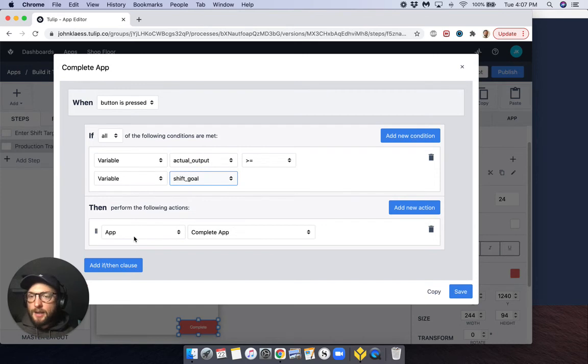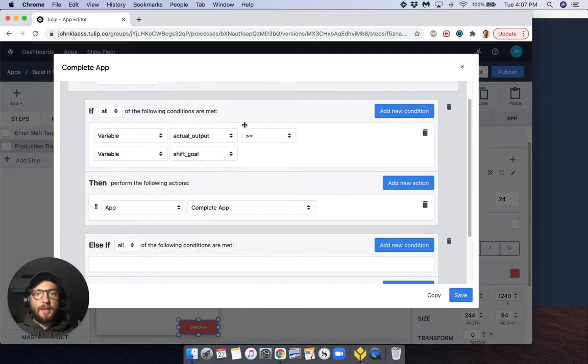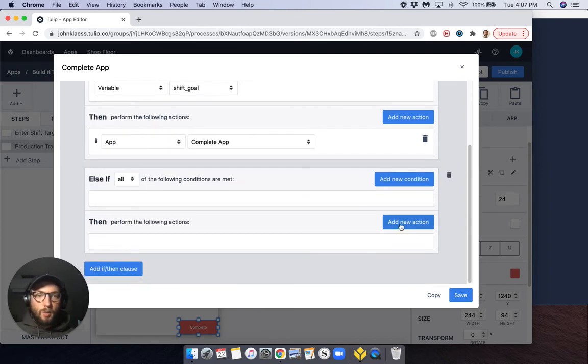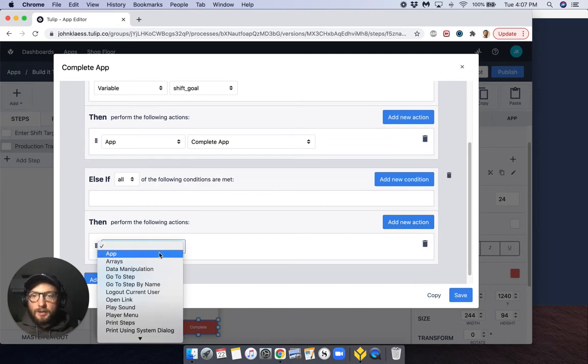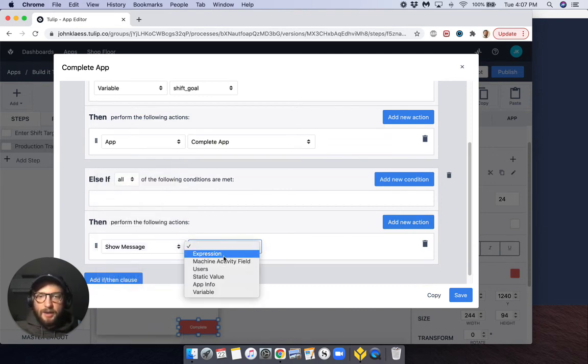And if that's the case, it's going to allow us to complete the app. So we're also going to want to add an action that allows us to do something else if that condition isn't met. So let's add a new if-then clause. It's just going to be an else here. So in all other instances, in this case, it's simply that it's less than our shift goal. We will add a new action, and let's have it display a message that says